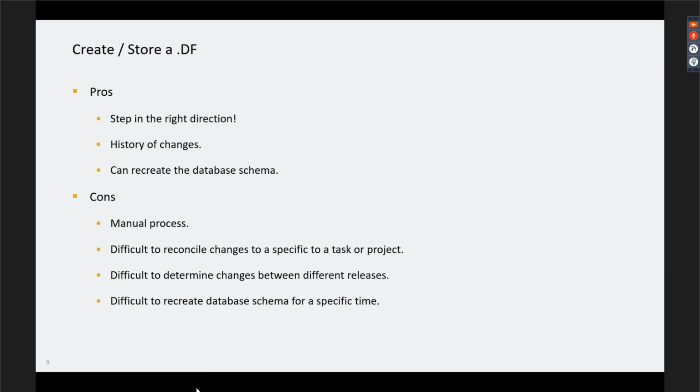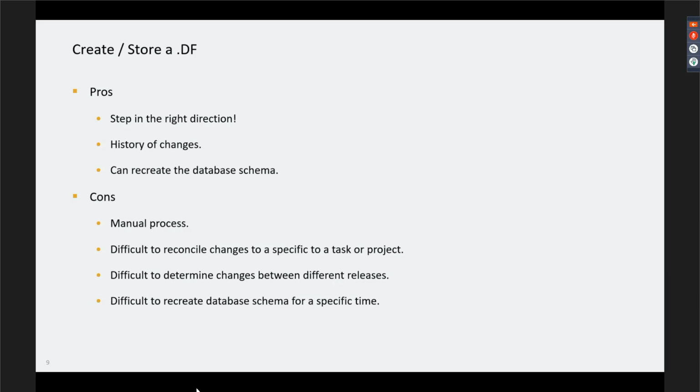But of course, there are some cons. It's a bit of a manual process. You have to remember, which is probably not that big of a deal, but you do have to create this DF every time after you've made a schema change. It might be the full DF, or it could just be an incremental DF, but I've seen some full DFs. A customer sent me a DF one time, and I think it was 200 megabytes or so. It was just huge. So, do you want to check in something that big every time? Maybe, maybe not. So you can create incremental DFs every time.